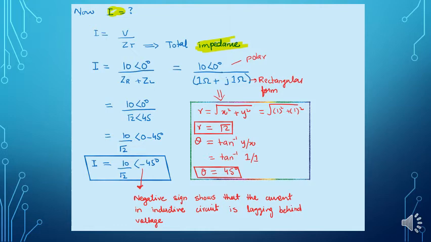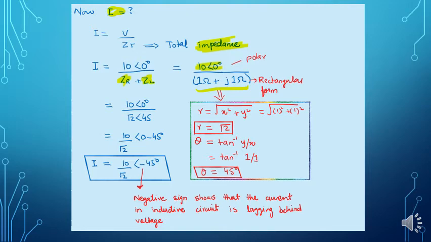As in this circuit, we have a combination of resistor and an inductor, ZL and ZR, right? So what is the value of R? It is 1 ohm. And what is ZL? As we have found in our previous step, j 1 ohm. This is in the form of rectangular. And what is our voltage? It is in polar form. And as we know from our previous lectures, in division and multiplication it is more preferable to use polar form instead of rectangular form, right?